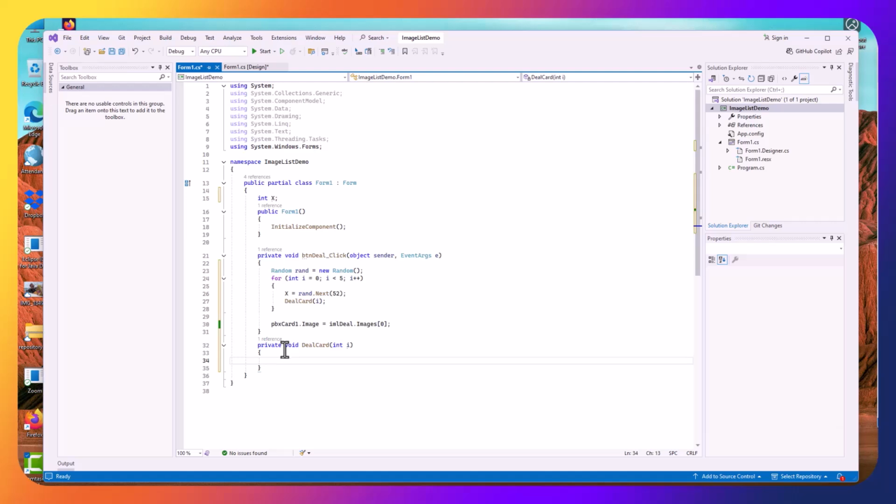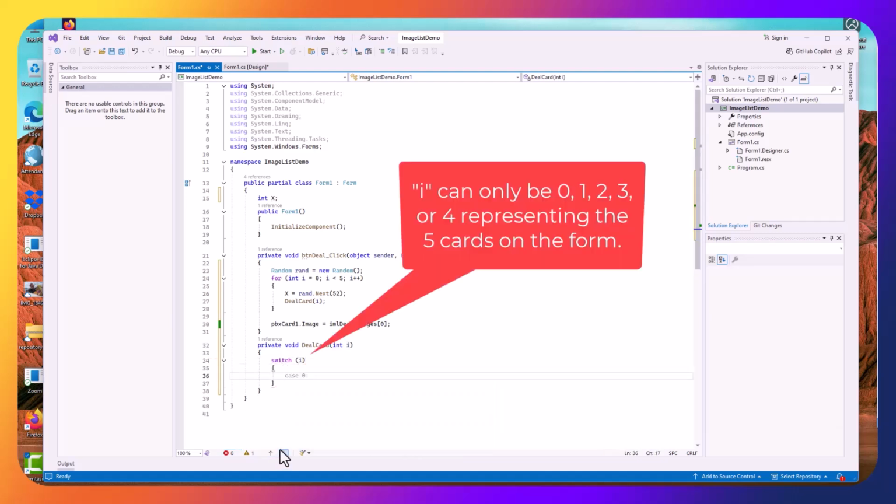What I want to do with this is create a switch on I, and then set up my braces. So we're going to have a switch in here, and our case 0 is going to pop up first. So we're going to use case 0, and we're going to say this,